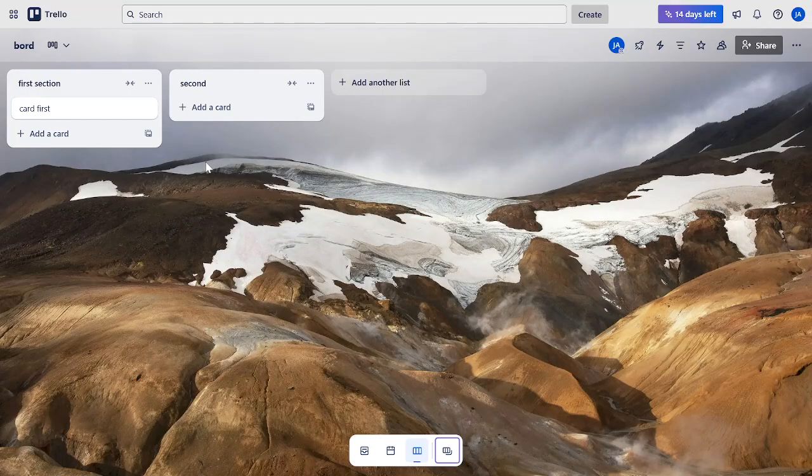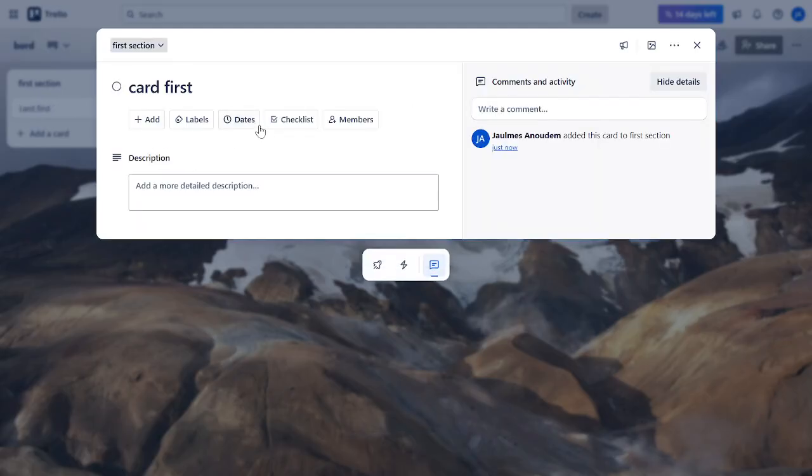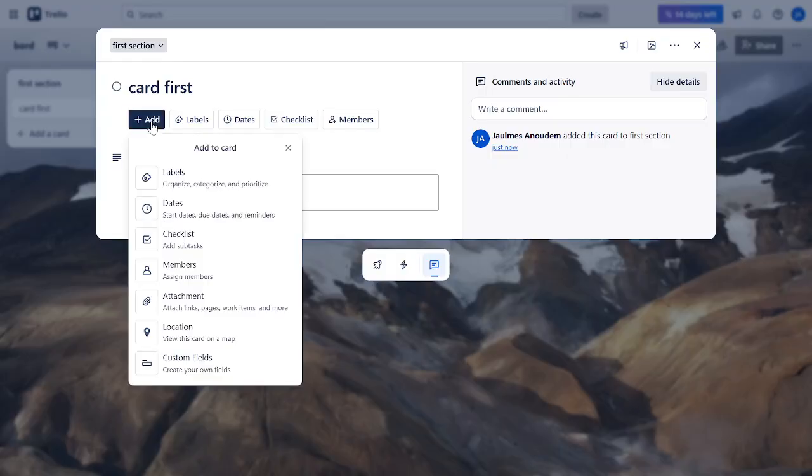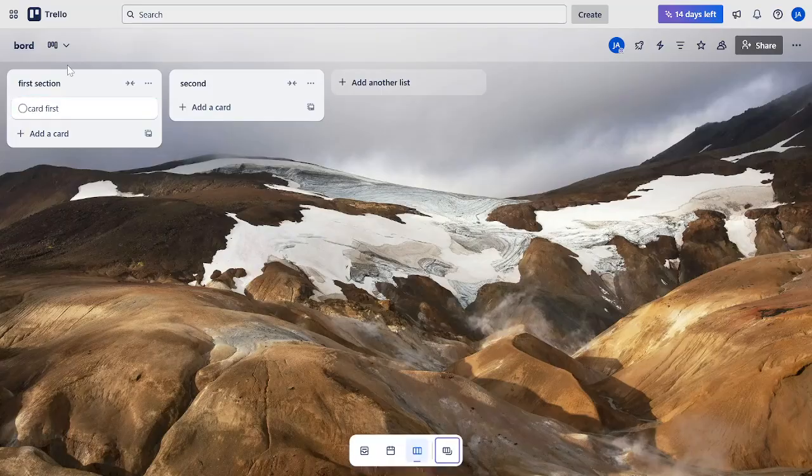Once you've added cards, it's time to customize them. Click on a card to open it, and you'll see options to add labels, members, due dates, and more. This is important because customizing cards allows you to add more specific details to your tasks and helps in better task management. Finally, remember to utilize the drag and drop feature to move your cards between different sections as you